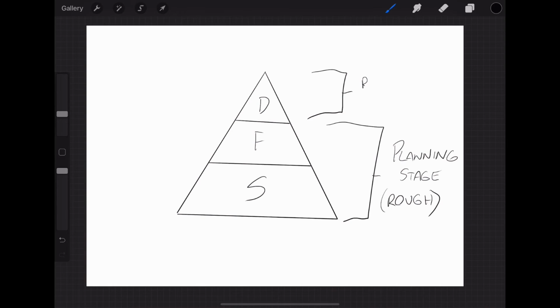Then the last stage is your detail. So that is going to be your refined drawing stage, and that is where you're going to add in all your details. You're going to add in, if you're drawing a character, you're going to add in their eyes, their mouth, their nose, maybe the facial expressions, whatever. That is where you're going to add all those sort of parts to it. But in order to get to there, you need to have your planning stage done